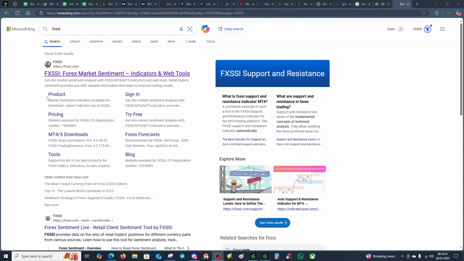Morning guys, we're going to look at the new heat map feature at fxssi.com, and it will launch a TradingView screen and it looks really cool. So what we'll do, we'll look at the heat maps and we'll go through them together